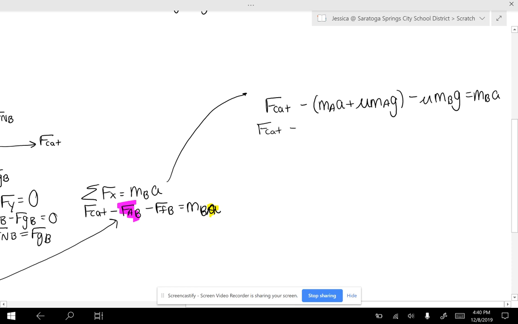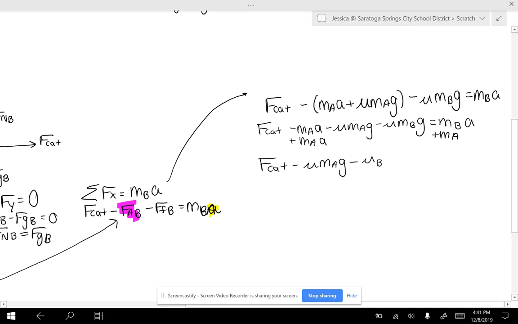Gotta distribute that subtraction. MAA minus mu MAG minus mu MBG is MBA. Move all the A's to one side. Okay, so we get F cat minus the two forces of friction. Nope, that should be a mu K MPG equals. And once we get all of our A's to one side, we can read this equation